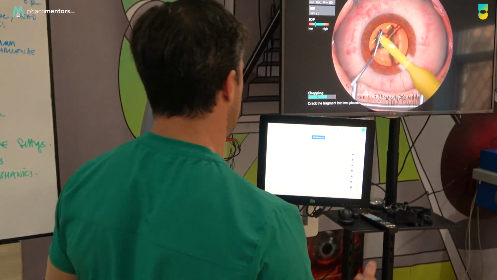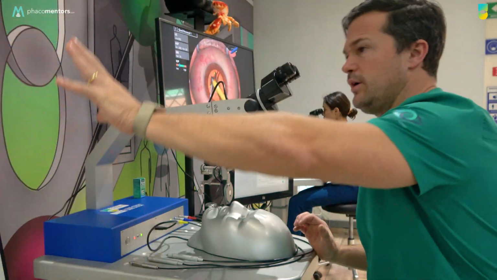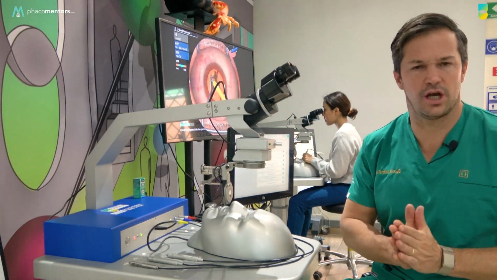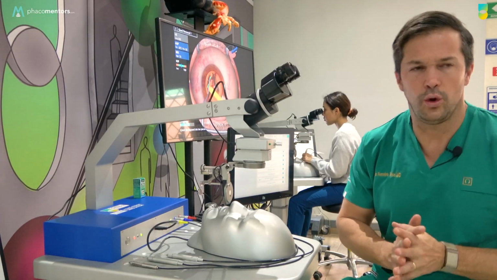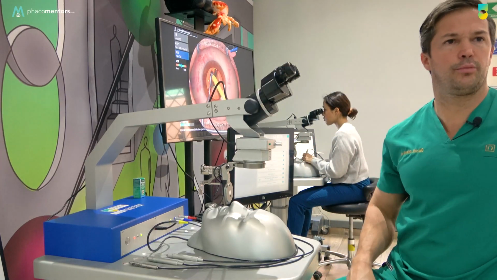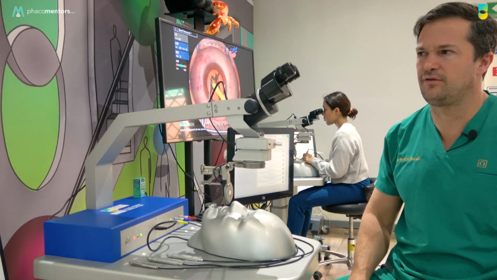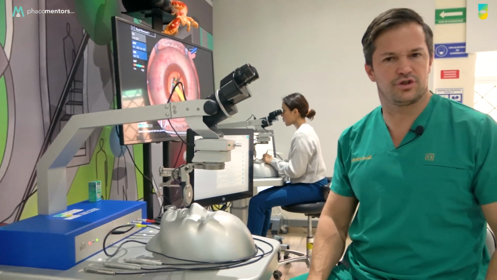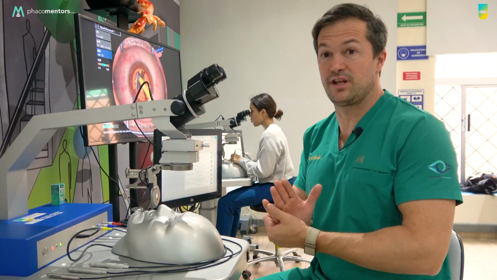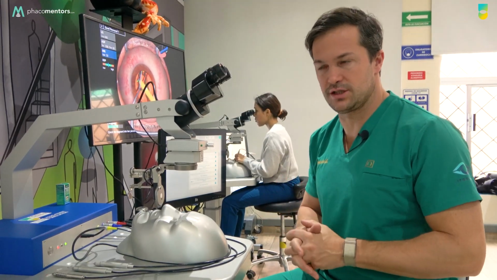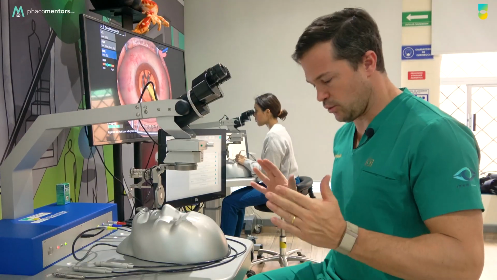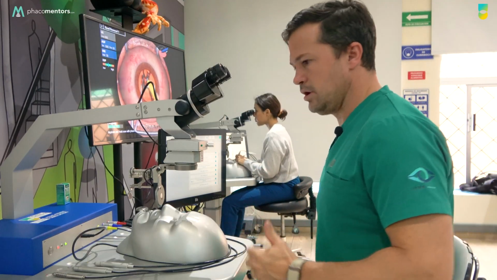So now, just to finish, one of the things we like here is what we call the checklist. We believe that we cataract surgeons need to behave like airplane pilots and have a checklist for everything and have a lot of structure in what we do. So in the simulator, okay, we can have that checklist and automate that checklist in order for you to perform perfectly. So the first thing we're going to say is when you are doing simulation, the first thing is you're